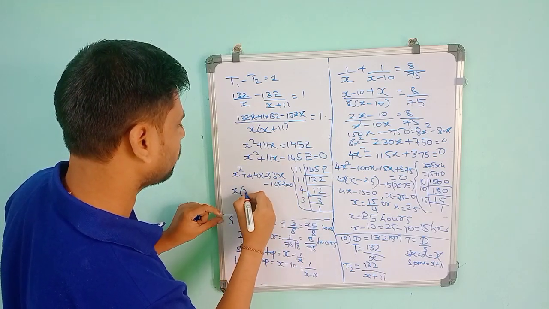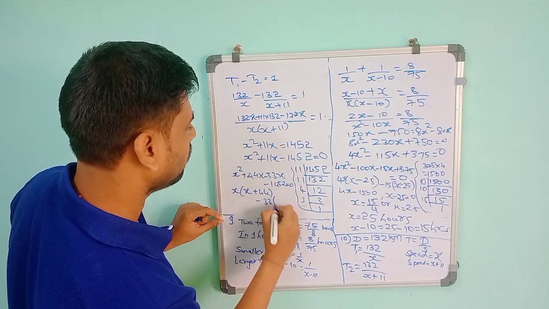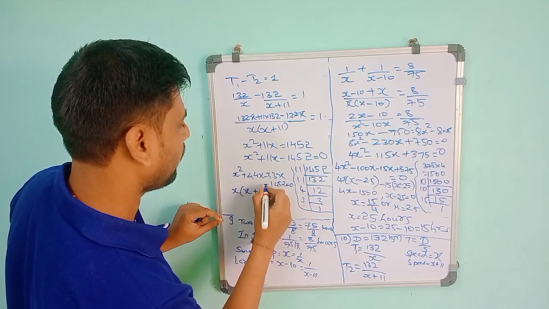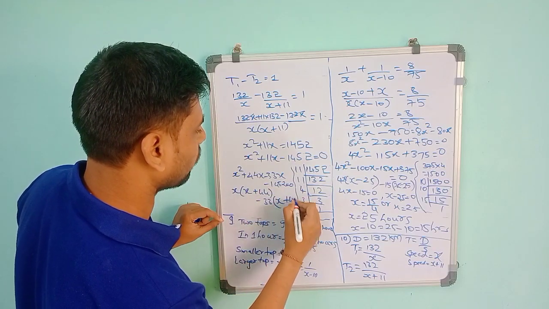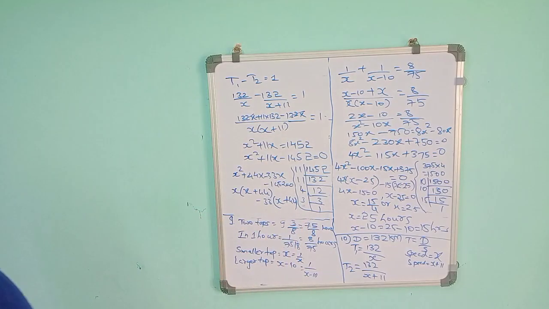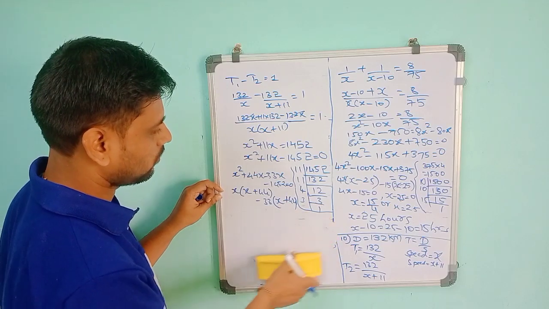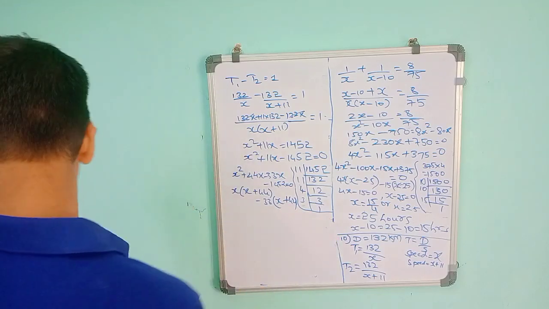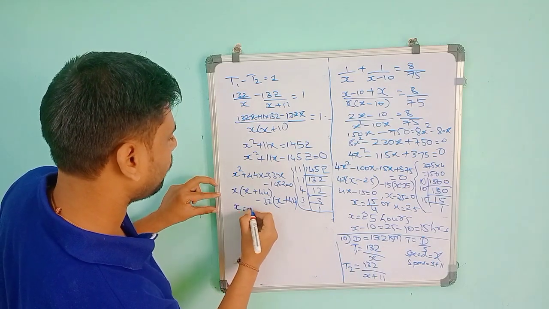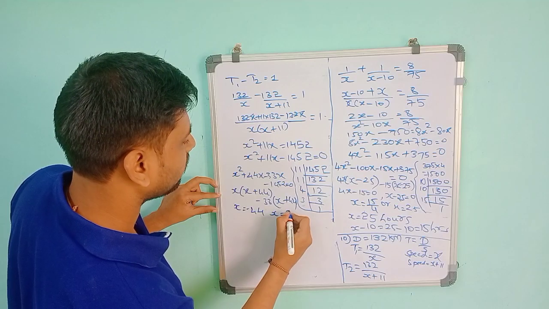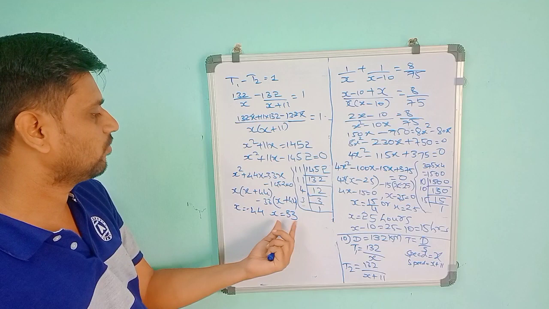Then you split this one: x into (x plus 44) minus 33 (x plus 44). Here there is a minus sign, so we have to take plus, x plus 44. One will become minus 44 and one will become 33. So here we got the two values, x is equal to minus 44 and x is equal to 33, but